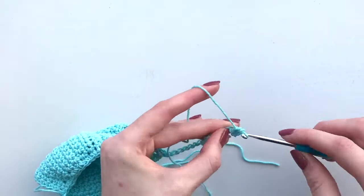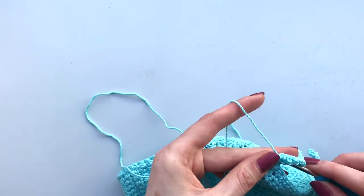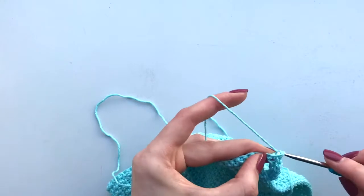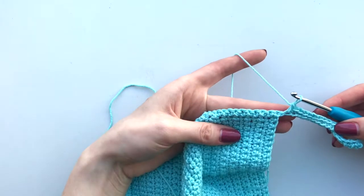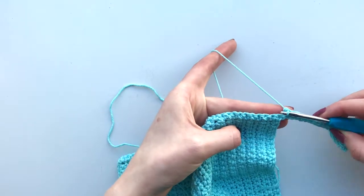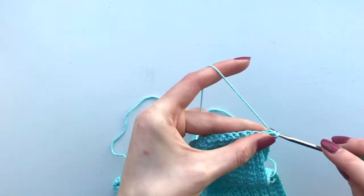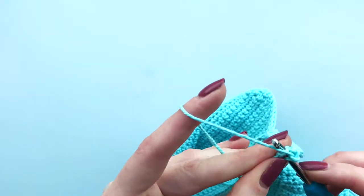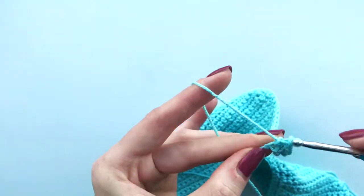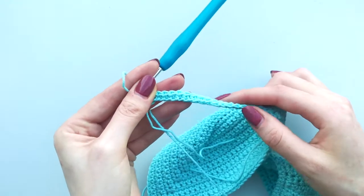You're going to work single crochet into each of the chain stitches and then continue straight on into the single crochet on the bottom of each of the cups, and then again into the chain on the opposite side. I've now just finished the very last stitch for this row. I'm going to chain 1 to turn, and we're going to carry on working single crochet